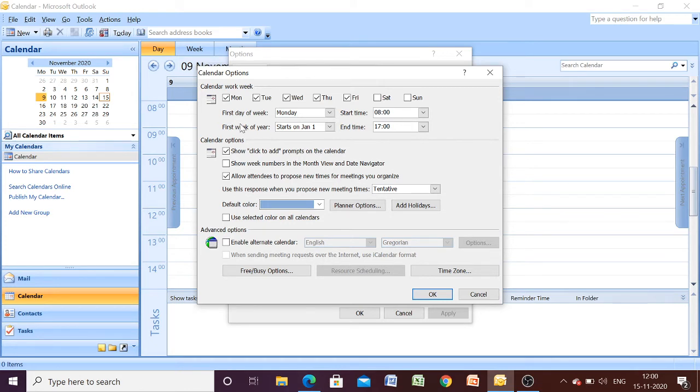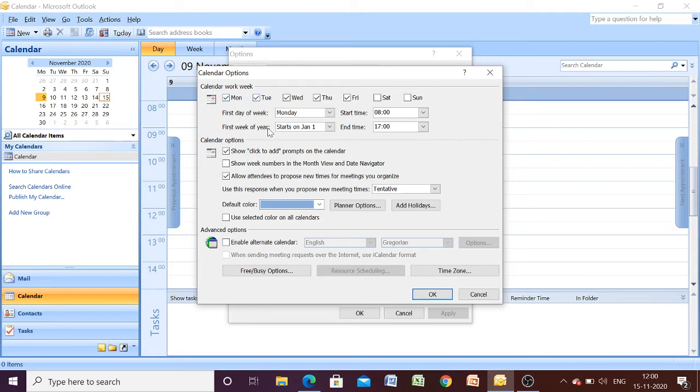Here you can select any particular option to customize your calendar option. By default this setting has been done. If you want anything to be changed, here you can change. The default color is here. If you want to change the default color, from here you can change.